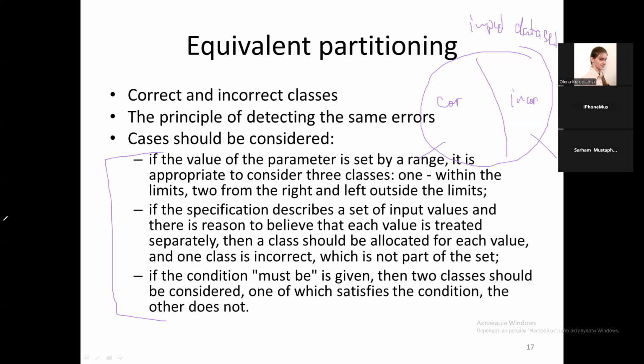And the first is, if the value of parameters is set by range, it is appropriate to consider three classes: one within the limits, and two from the right and left outside the limits. For example,